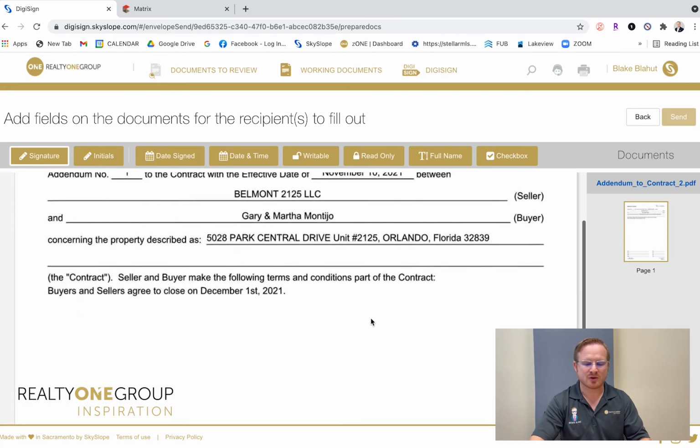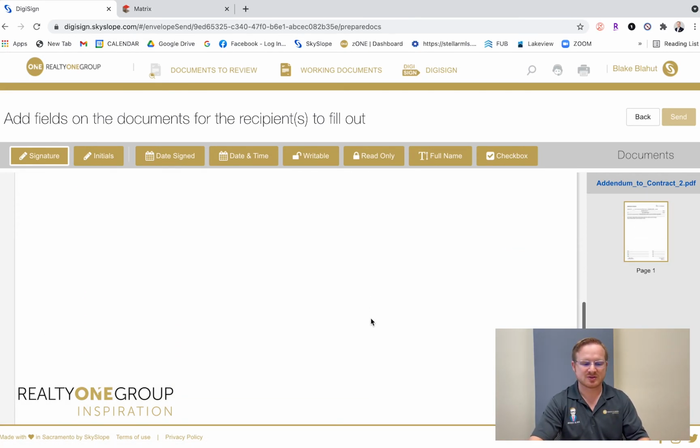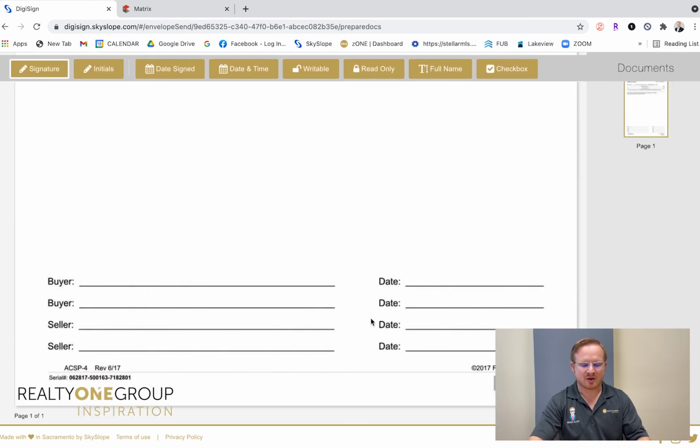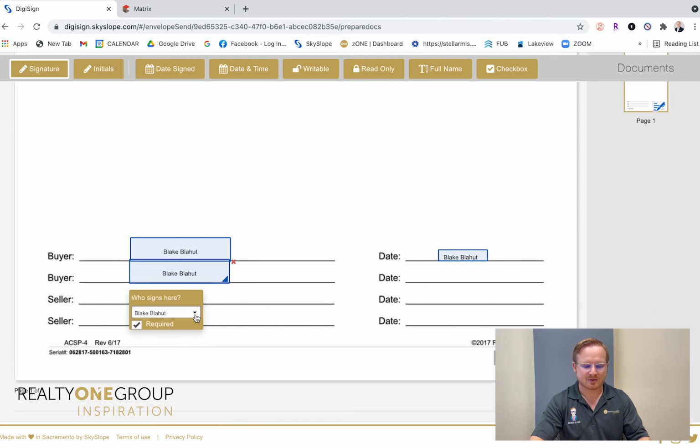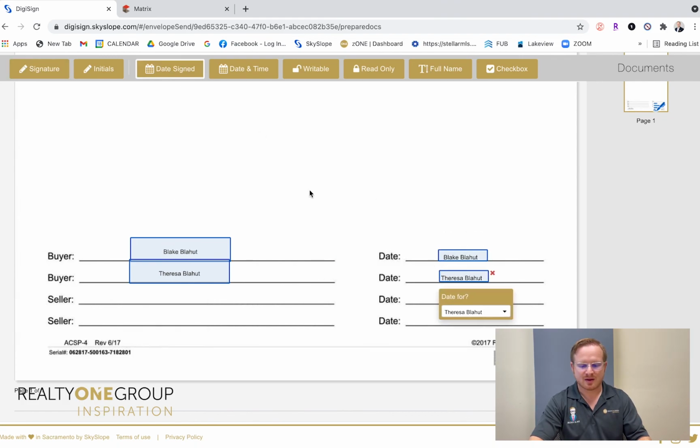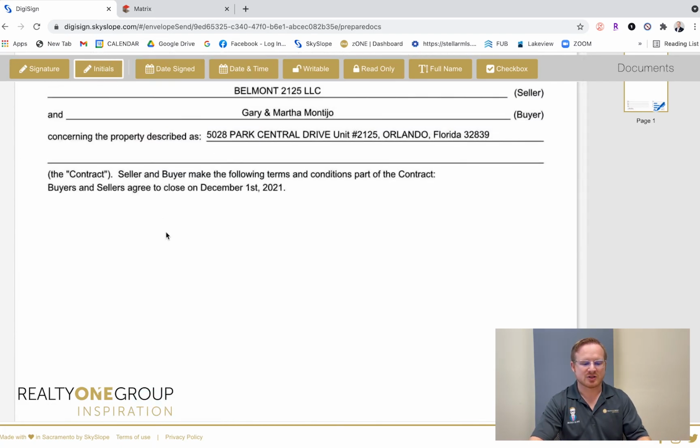And this is where you would drag the appropriate fields for signing. So on this document, it requires signatures, so signature. And then there's the first buyer, and a date right there. And then for the second buyer, I would drag it right there and then drop down here the second buyer on the signing order and date signed as well. The same thing applies for initials, so you can